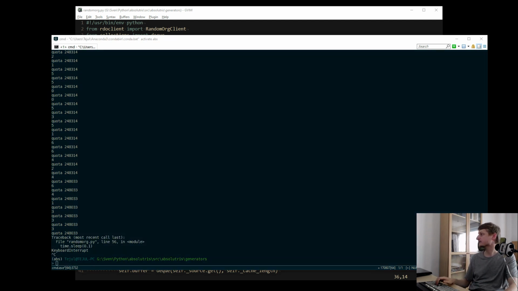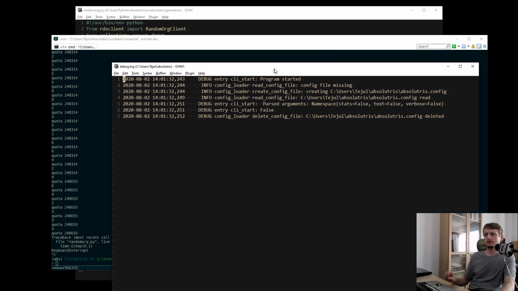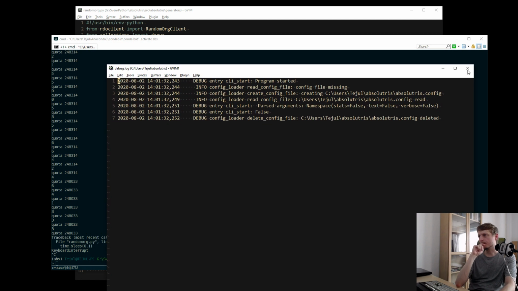I might even have a log file of this if I'm correct. My logging engine might be already running here. Yep, we have this debug log, which is okay, which is not too much.